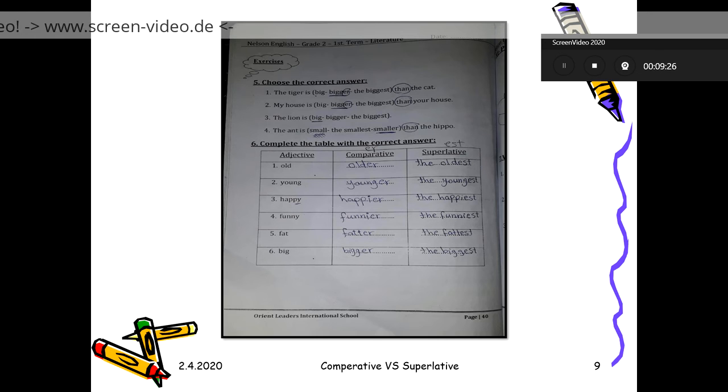The funniest. Fat, short adjective. One vowel, one consonant at the end, we double the T. Good. Fatter, the fattest. Big, short adjective. One vowel, one consonant, double the last consonant. Bigger and the biggest. I hope it's easy. Don't forget,